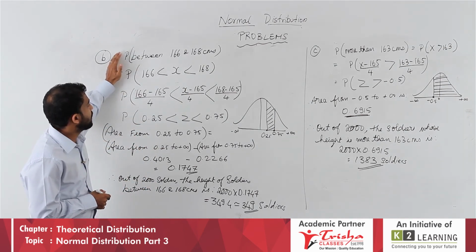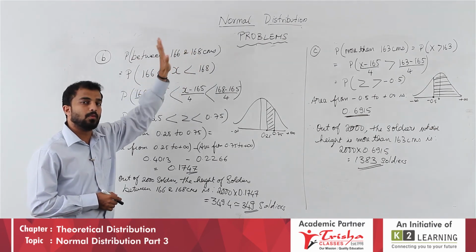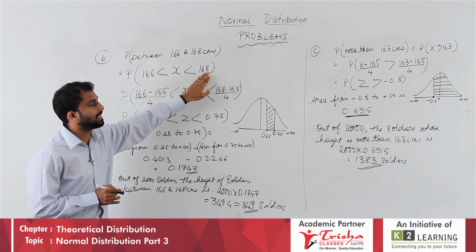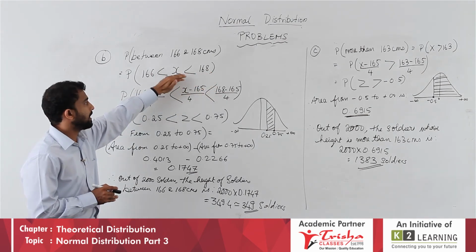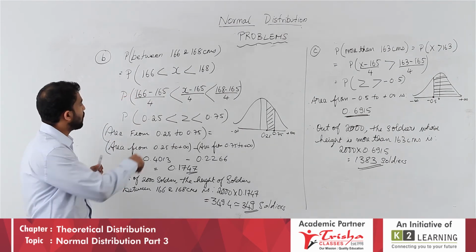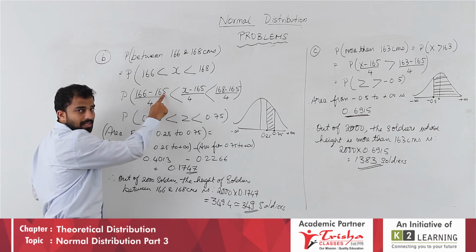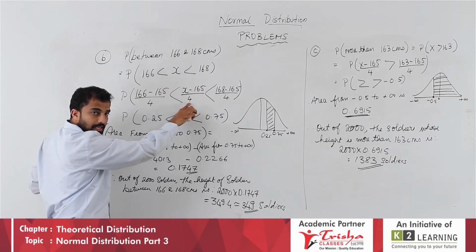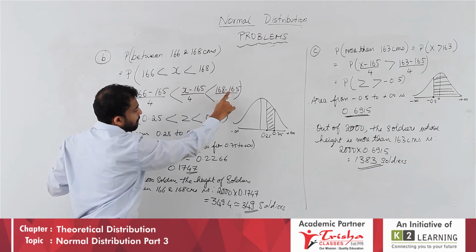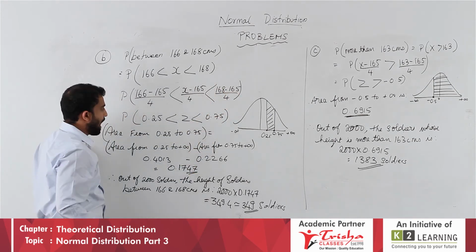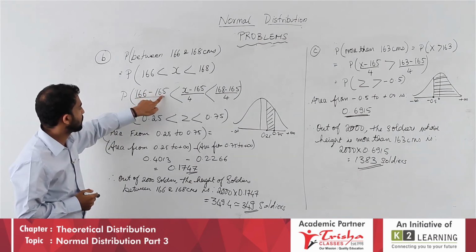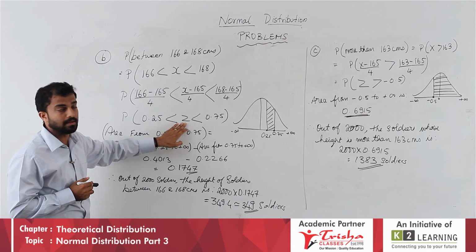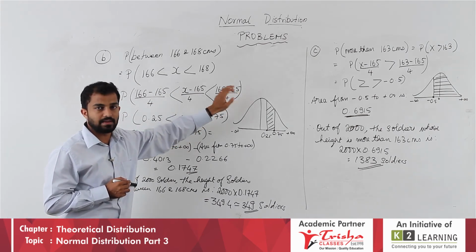Second question was the height of soldiers between 166 and 168 centimeters. So P of 166 less than X less than 168. Hope this is clear. Next step is nothing but the standard normal variate. We have to write down 166 minus mean 165 divided by sigma 4 less than X minus mu by sigma less than 168 minus mu 165 divided by 4, and when we simplify, students, you will get, see, 166 minus 165 is 1 divided by 4 is 0.25. This is nothing but Z, and this part is 168 minus 165 is 3, 3 by 4 is